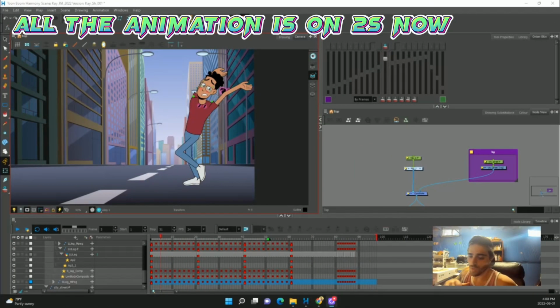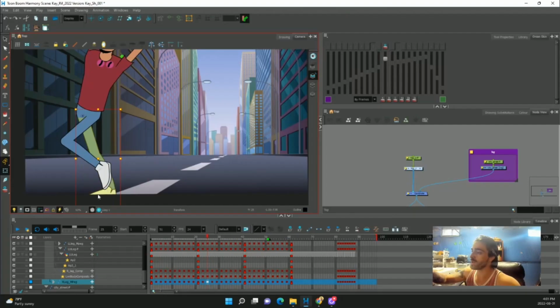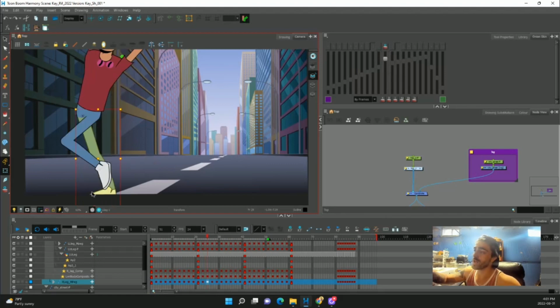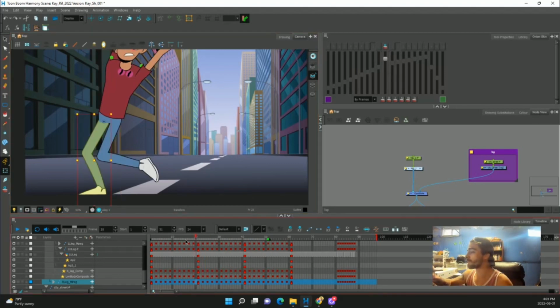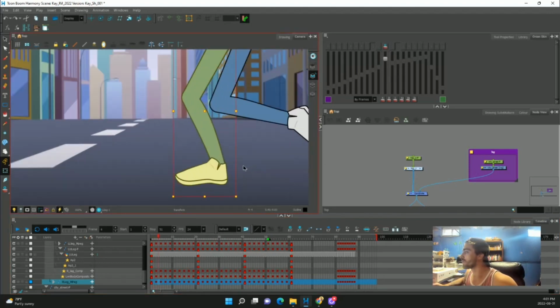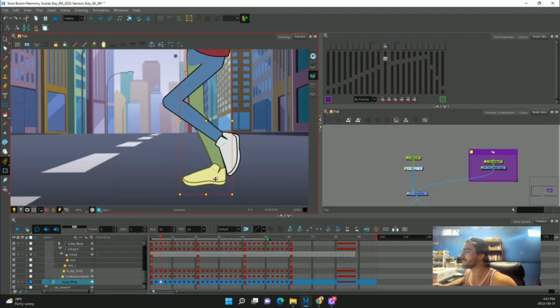So to finish this off, this is probably the hardest part of this whole process, is planting the feet. So if we look here, for example, the foot is there, but as we step to our next frame, it slides a little bit, right? So it should still be in this position as he pushes off. So if you notice here, I already started to kind of fix it. So from this pose to this pose, the foot is kind of planted,